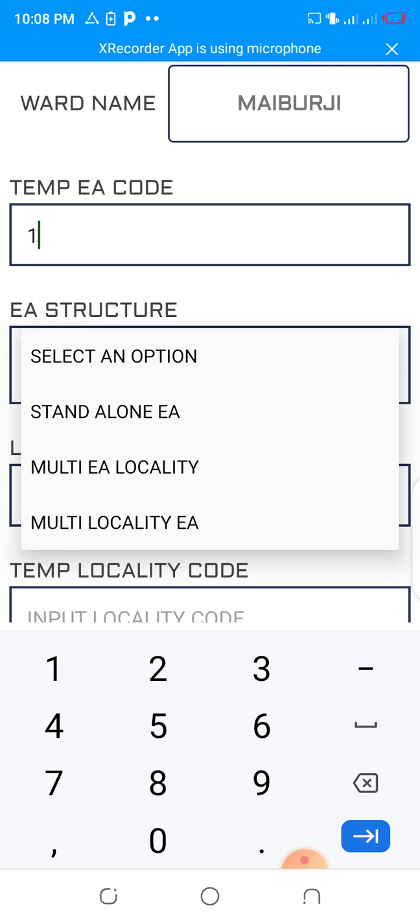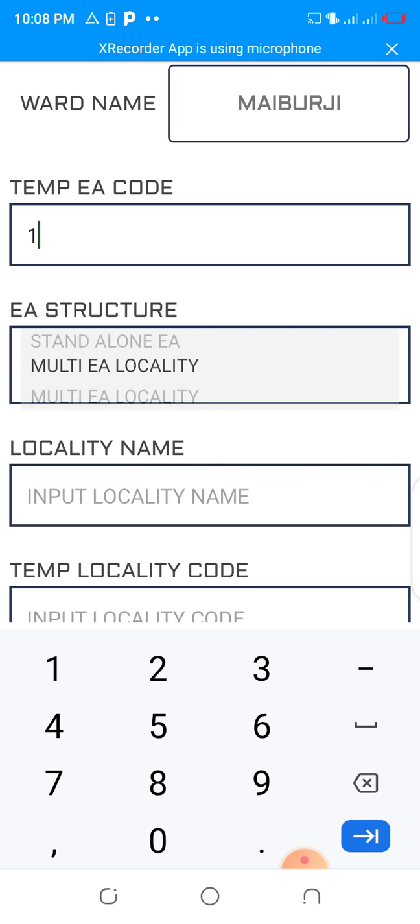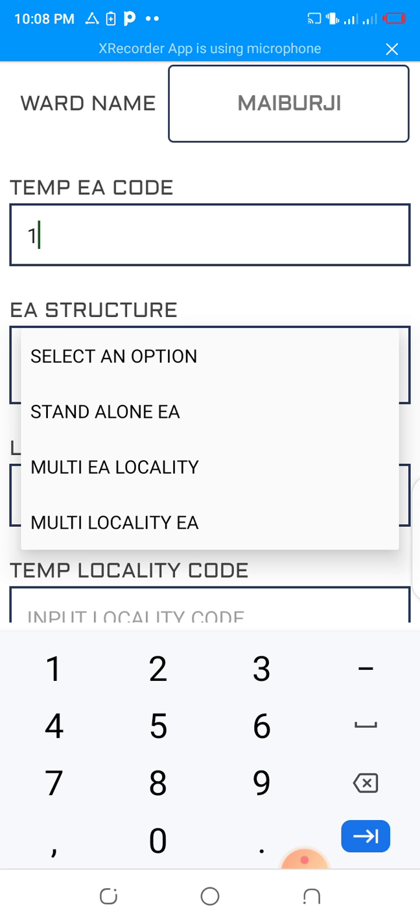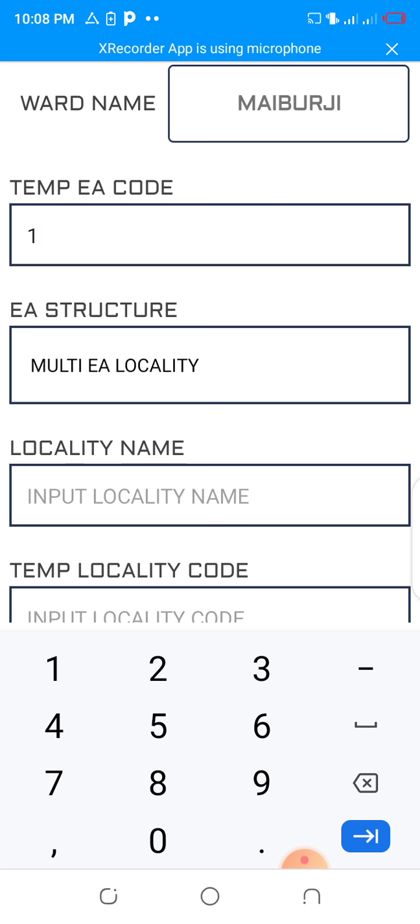A multi-EA locality is a locality where you have so many EAs in that locality. That's multi-EA locality. Then multi-locality EA is where all the localities in that EA couldn't form one EA. You have to bring all of them together to give you one EA. So now we are working on multi-EA locality. Then move to the next page,